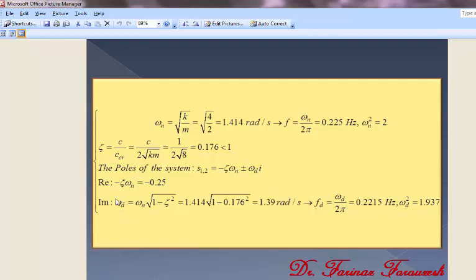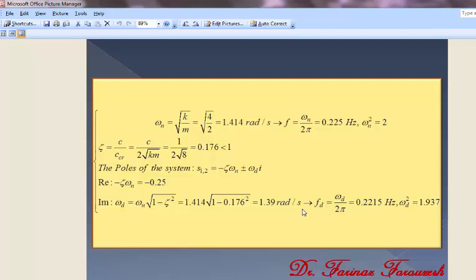As you can see, the imaginary part is the damped natural frequency and can be obtained from this equation. By replacing the values, the damped natural frequency is 1.39 radians per second and the natural frequency is this value in Hertz and the square of omega d is